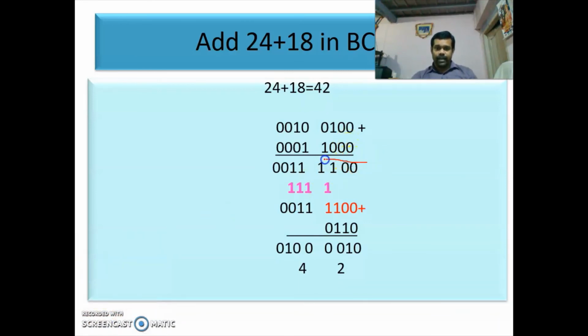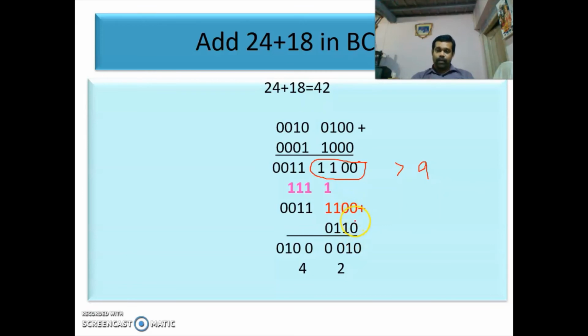The value of this number is 1100. It is greater than 9. So in BCD addition, if you are getting a number greater than 9, then we have to add a 6. So we are writing this sum here, and since this number is greater than 9, we are adding